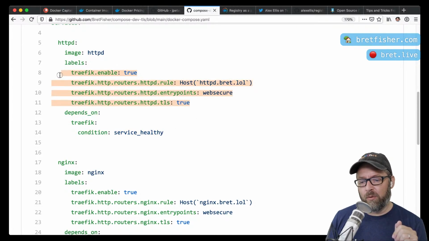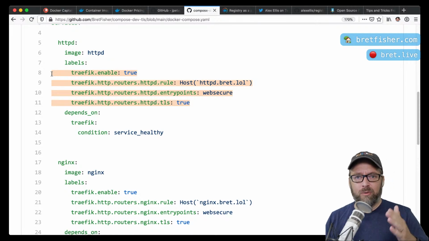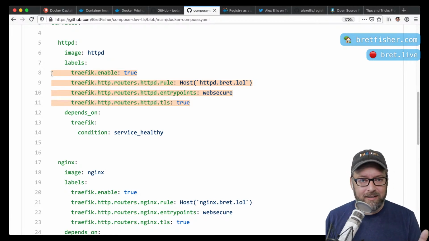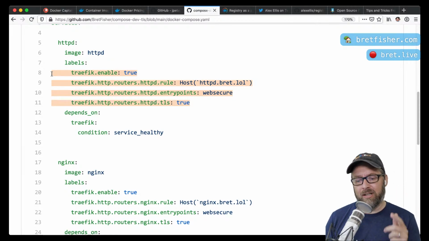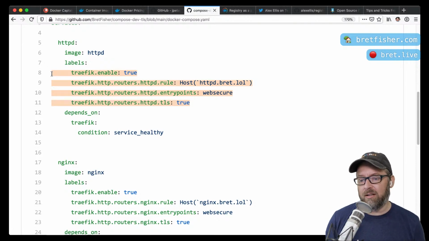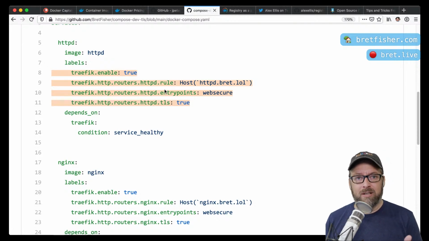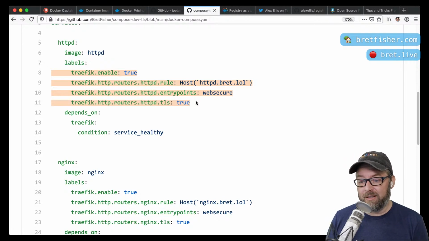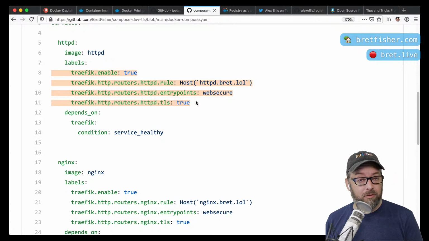But the 4 labels, because Traefik knows how to talk to APIs, it knows how to talk to the Kubernetes API, it knows how to talk to the Docker API, to the Swarm API, and so it's talking to Docker, and it's seeing new containers spin up on the fly and then reconfiguring itself based on what Docker's doing. So if I add these labels to a Docker container that spins up, it will follow those directions.